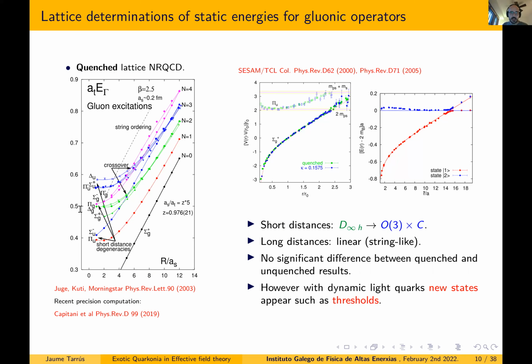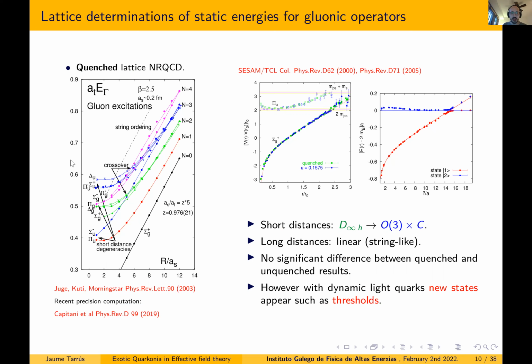Okay, so this axis here is the distance between the heavy quark and anti-quark pair, and this is the energy axis. And these are the different static energies that one obtains. So the ground state corresponds to the standard quarkonium states, while the excited states correspond, in this case, to the exotic quarkonium states. And you can see here the different labels, the sigma g plus, pi u, and so on. These are the labels of the representations of this infinity h group. So here there are two interesting